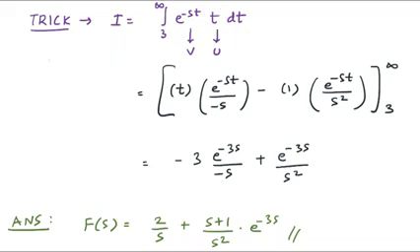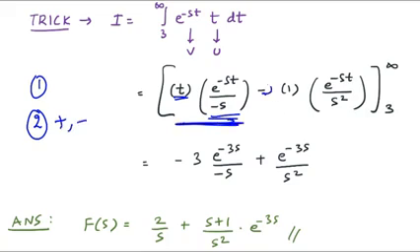It is very easy. It is a two-step process. The first step is you should first decide which is u and which is v, and then you have to use the logic u into integral v. So integral v basically means integral of e raised to minus st, which is e raised to minus st upon minus s. Now the second point is you have to follow the plus minus fashion. This term is positive. This term here you can see is negative, right? If we have a third term, it would be positive. If we have a fourth term, it would be negative. And you have to follow this plus minus fashion.